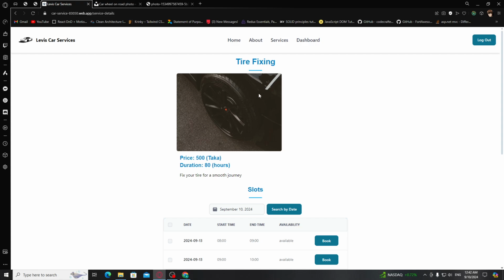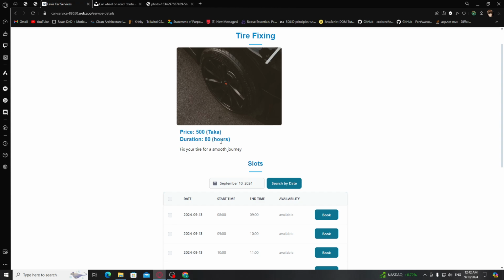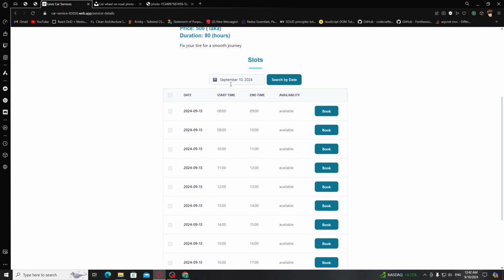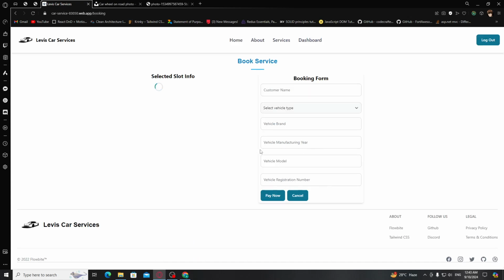Yes, that's the image we have uploaded as an admin, and this is the price. We have some fixation left here, like this search by date. It's not functional here, but it will be functional. So what I want to do, I'm a little bit lazy, so I want to pick 10 a.m. in the morning. This one is available. Let me book this one. Alright,